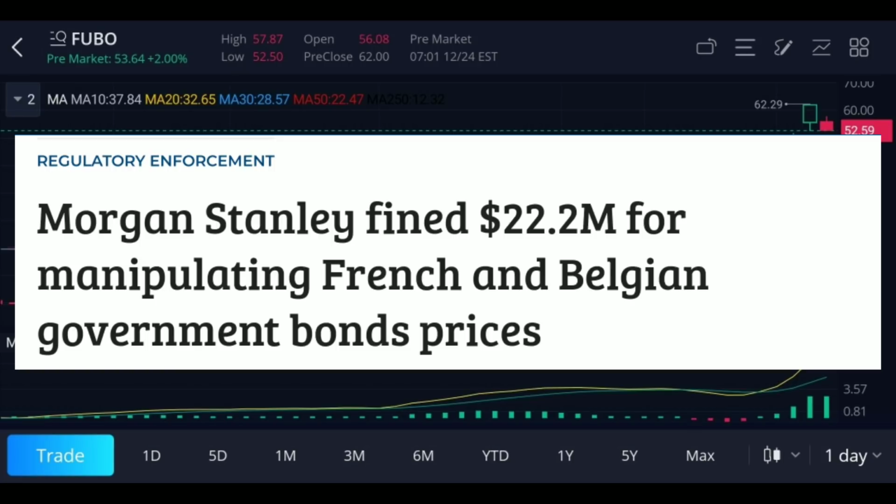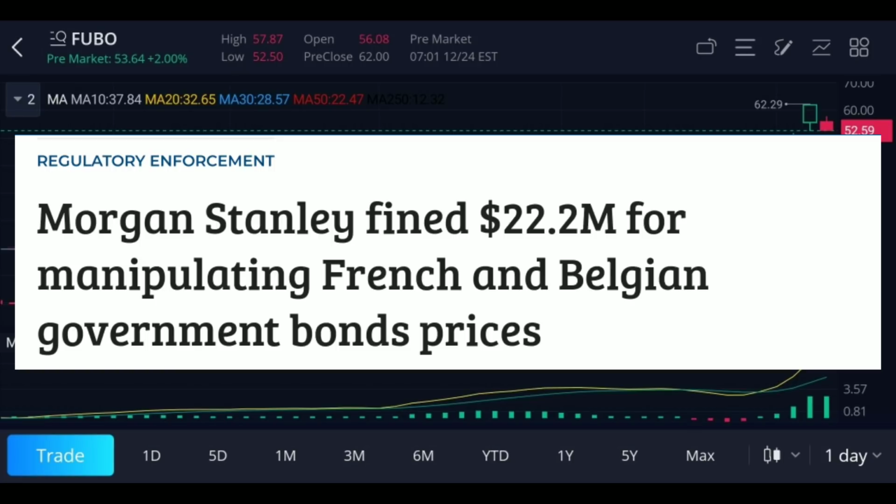So here's one example. Regulators in France have suspended U.S. investment bank Morgan Stanley from acting as a primary dealer in French government bonds for at least 3 months after it was found to have manipulated prices. As a recognized official trader, Morgan Stanley was allowed to take part in sales of French government debt managed by the state agency AFT, which imposed the sanction. AFT said overnight it had decided to suspend Morgan Stanley's trader status for a minimum period of 3 months, with effect from August 4th, 2020, for transactions that seriously affected the liquidity of the French sovereign bond market.